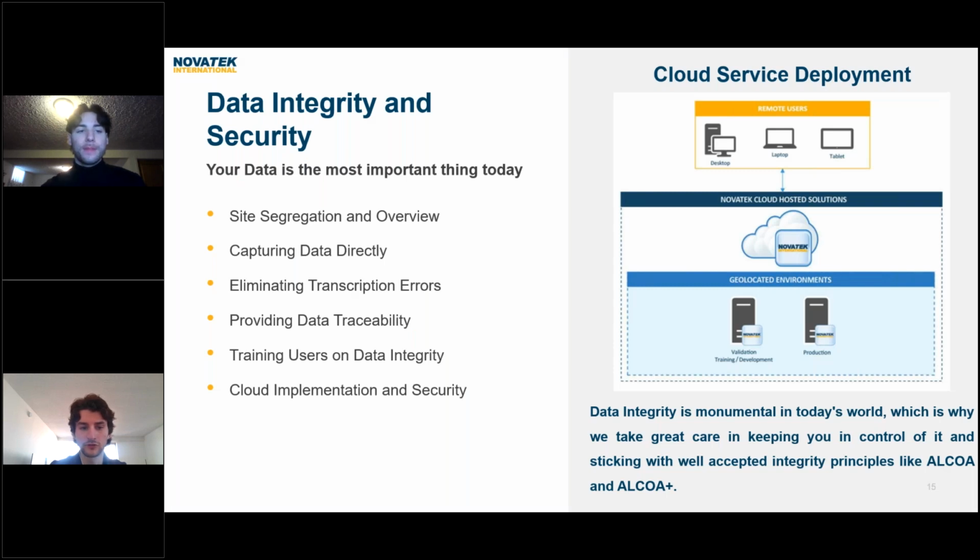Yeah, so we're going to move on to data integrity and security, right? As we've mentioned earlier as well, your data is the most important thing today. So we're going to go through how digitizing your process can lead to better data integrity and security. Obviously I mentioned this point a little earlier, but site segregation and overview allows you to do something like that. As mentioned, it enables differing user levels to access multiple or singular sites or processes based on that user's